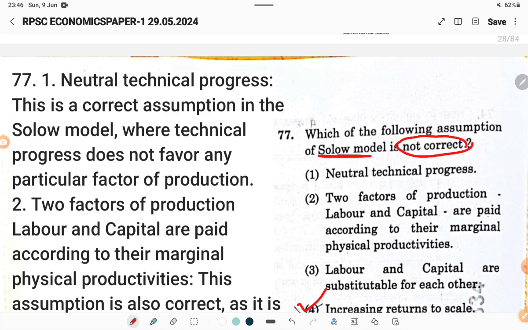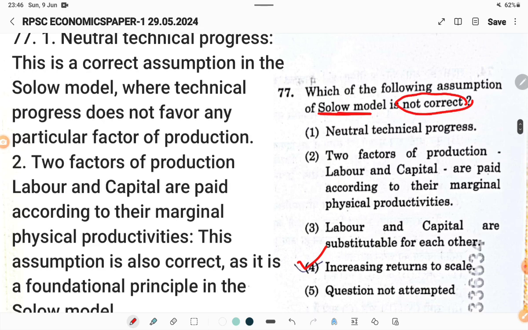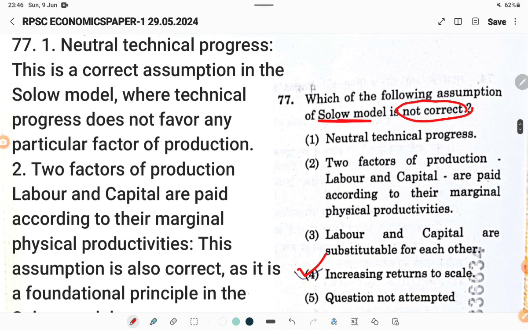So neutral technical progress is correct, and why is it correct? This is a correct assumption in the Solow model, where technical progress does not favor any particular factor of production. And next is